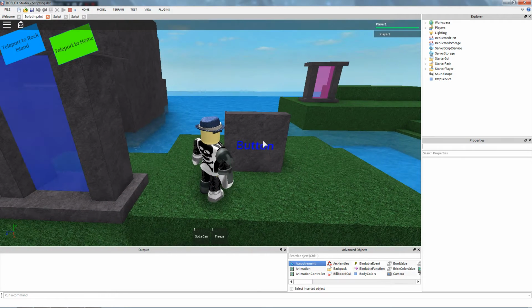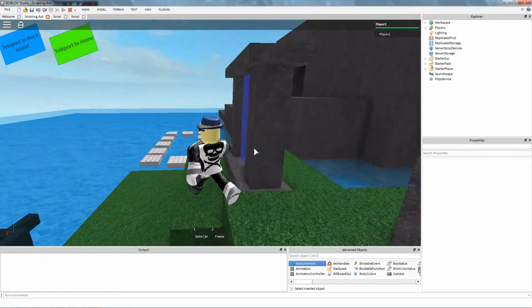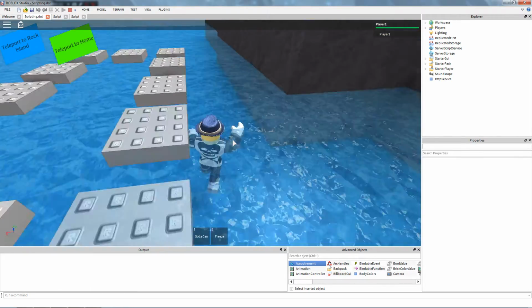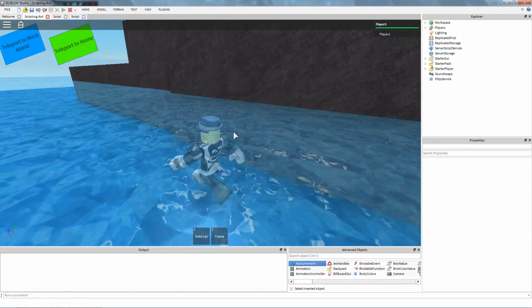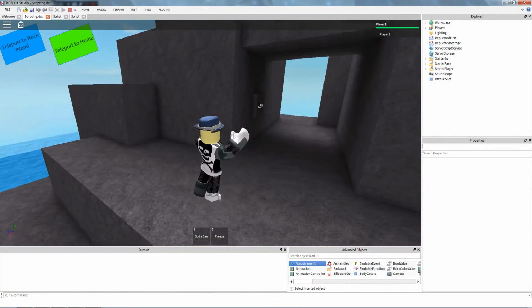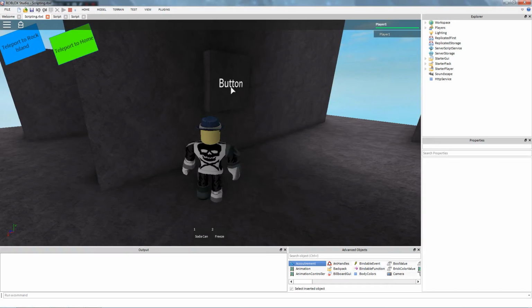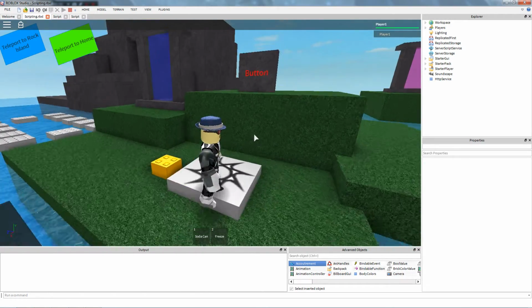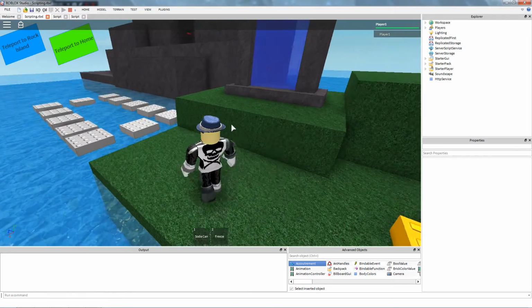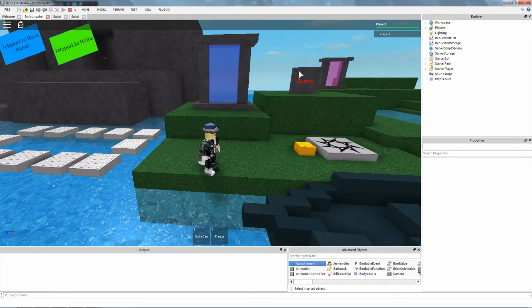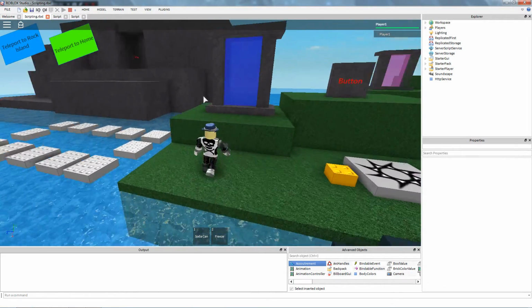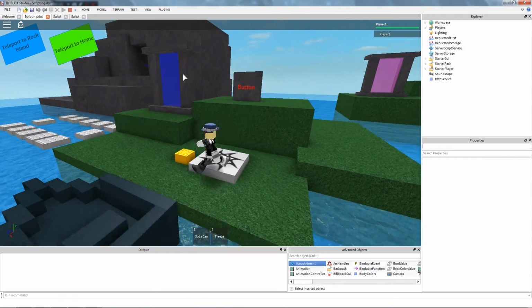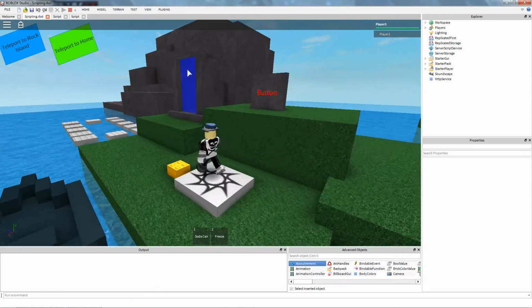little Surface GUI has just a script inside it that says whenever it's clicked, it's going to change the color. This one over here, if you click on this one, it will teleport you. And it will also change color, just kind of for fun. And these two are scripted a little bit differently because that one